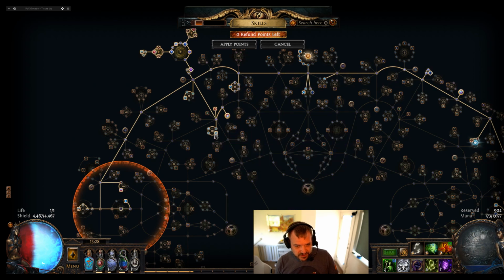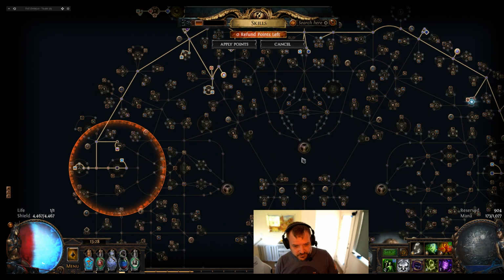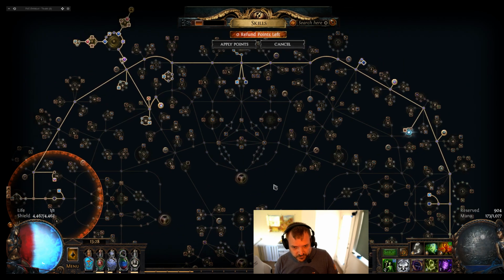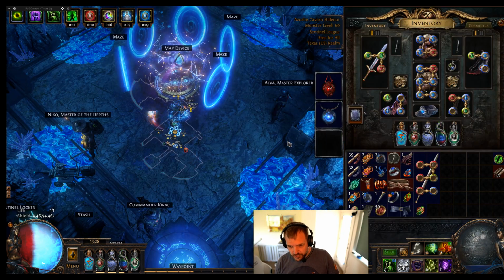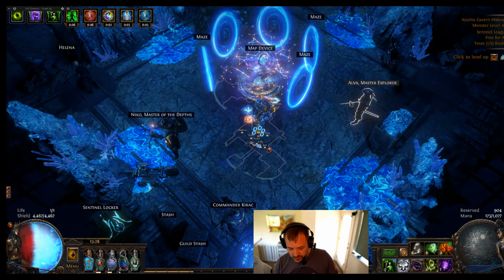Energy shield, energy shield, energy shield. I don't know if this is the right call, these nodes. There's a lot of parts about this build where I'm not sure it's the right call. But the whole thing put together is working well enough. But the question is, is this something worth replicating? First of all, if you're looking at it,